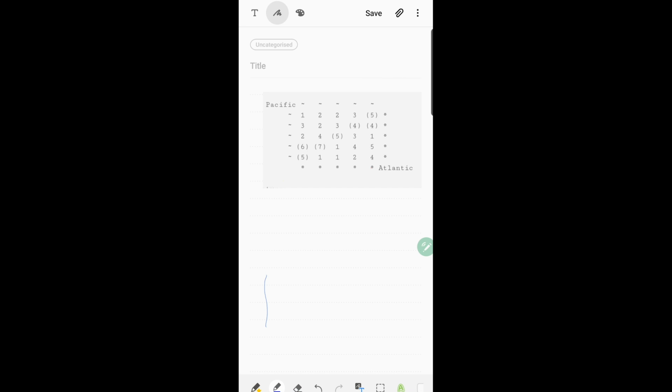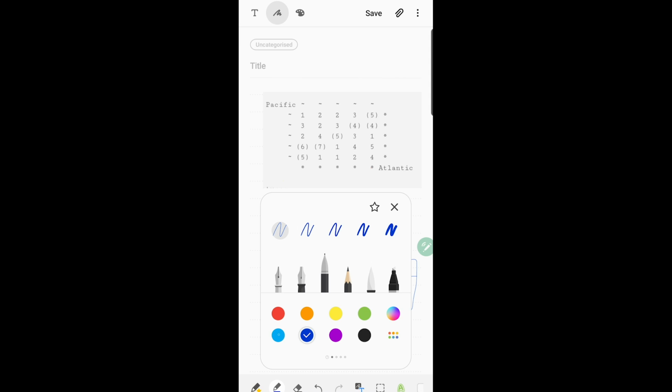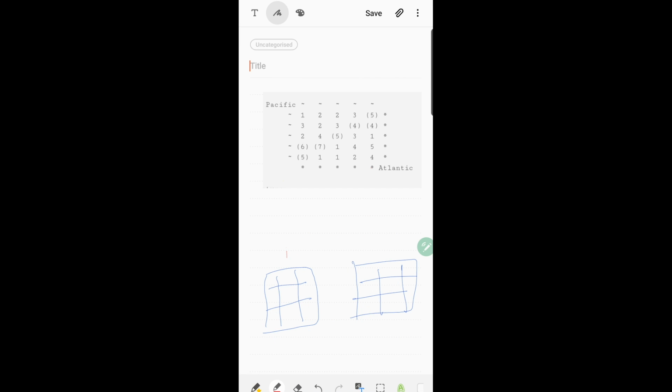So we're going to take 2 auxiliary matrices, right? Now what these matrices are going to store, let's name this matrix as P, let's name this matrix as A. These matrices are going to store the position of cells that are reachable from the Atlantic Ocean and from the Pacific Ocean.